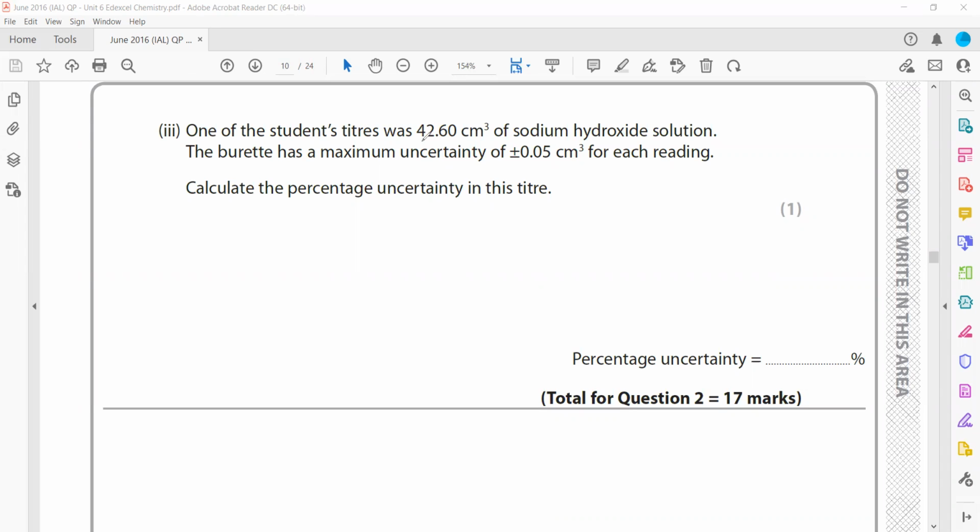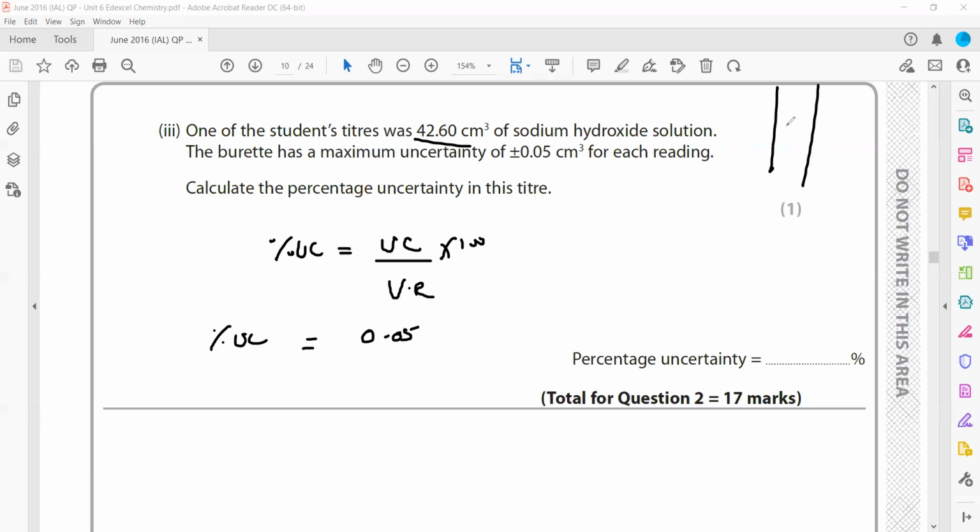One of the students' titres was 42.6. We have to calculate the percentage uncertainty. Percentage uncertainty is equal to the uncertainty, the smallest value which the instrument can record, divided by the value recorded, times 100. So the uncertainty is 0.05. But if an apparatus is used twice, as we use a burette,